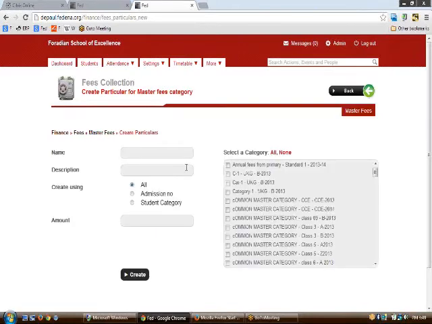Just click create particulars and type the name of the particular. Let us say we have a particular called academic fees. The description can be academic fees again.